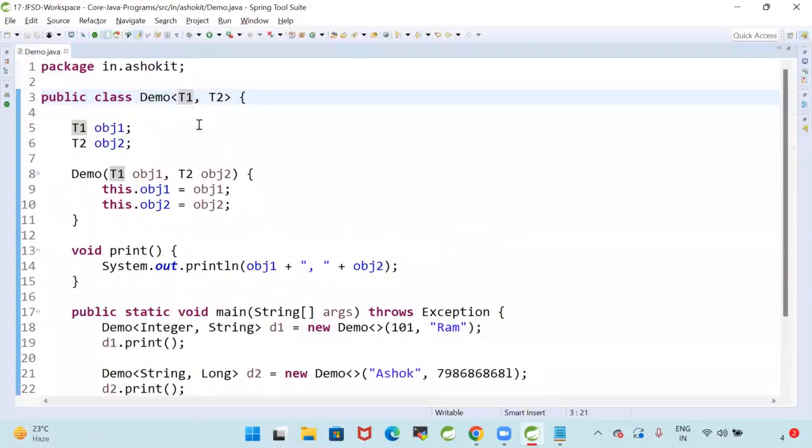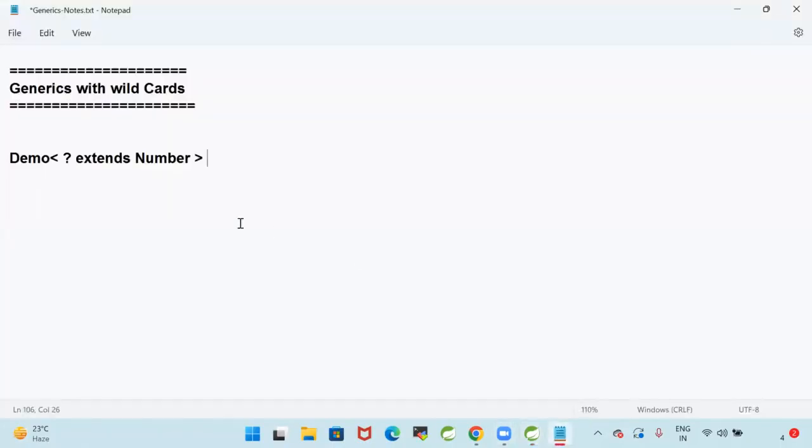If you want to specify a wildcard, I want to specify a demo class with a Number object you can pass, or any class which is extending from Number you can also specify. That is a wildcard in the generic. So what is a wildcard in the generic? Wildcard is nothing but